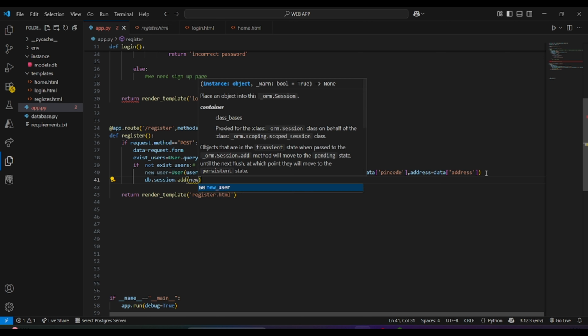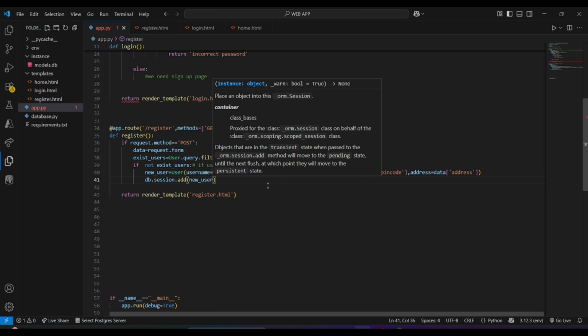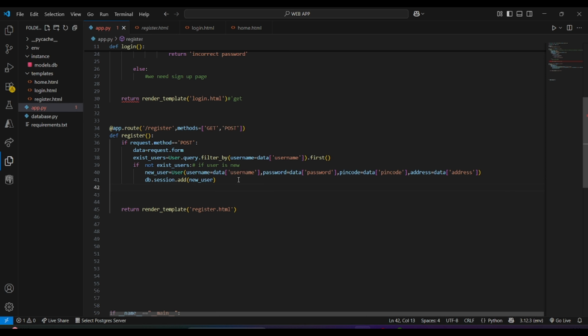And we simply do db.session.add(new_user). This will add the new user into our database, and we simply commit it.